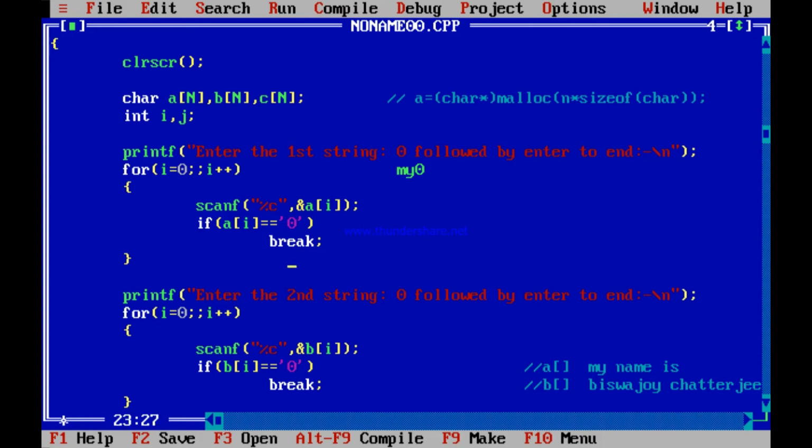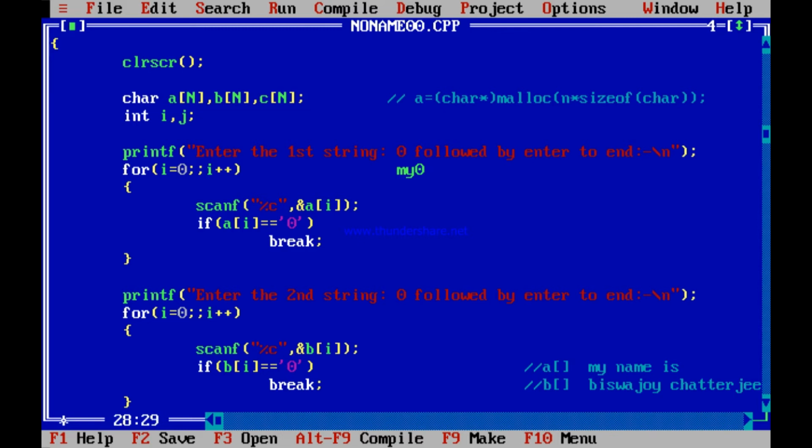As you have broken out after 0, all those characters which were entered prior to this have not been scanned within A. But those characters were inputted by you, no doubt. Those characters remain as a part of your input buffer. Second time you scan, all those characters come in, and get scanned within B.